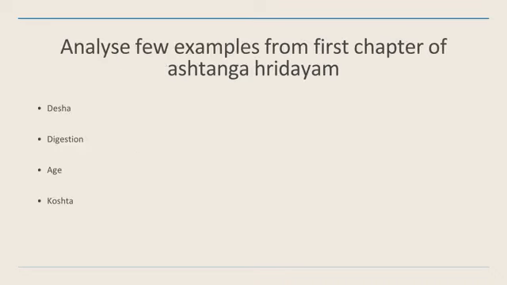For example, Desha. We know that there are three types of deshas. Jangalam, Vata Bhuvishtam, Anupam tu Kapolpanam, Sadharanam, Samamalam, Tridha Bhudesha Madishe. So there are three types of deshas. One is Jangala, which is Vata dominant. One is Anupa, which is Kapha dominant. And then Sadharanam and Samamalam, that is all moderate.